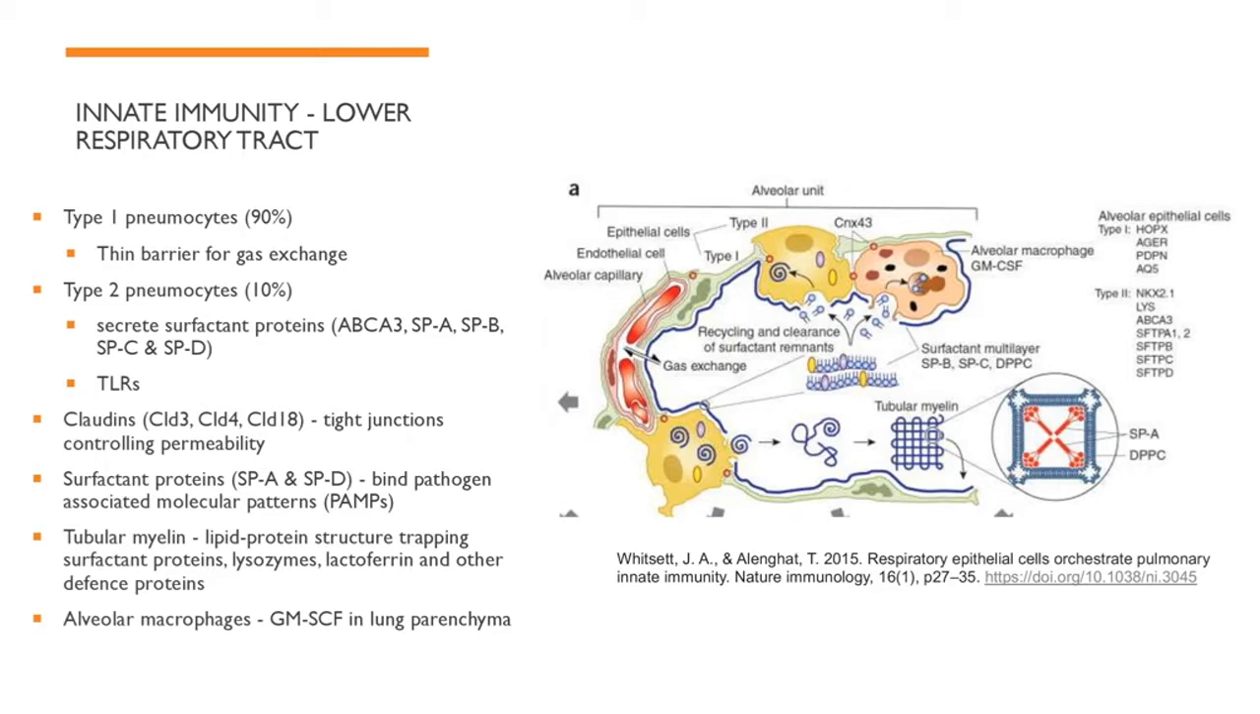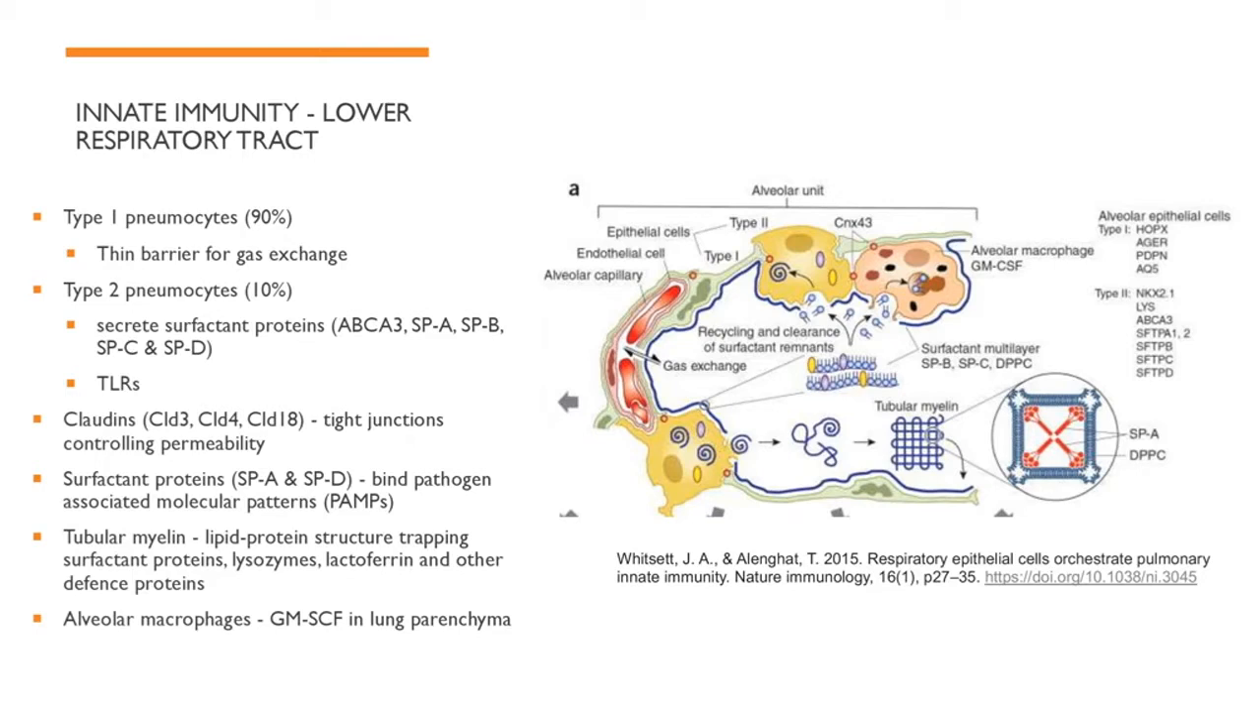Surfactant proteins SPA and SPD are also capable of binding PAMPs, such as surface carbohydrates of common respiratory pathogens. Claudins 3, 4, and 18 provide for the tight junctions of alveolar cells and help control permeability at the gas-blood interface. You can see from this image how thin the physical barrier is at this point and the importance of